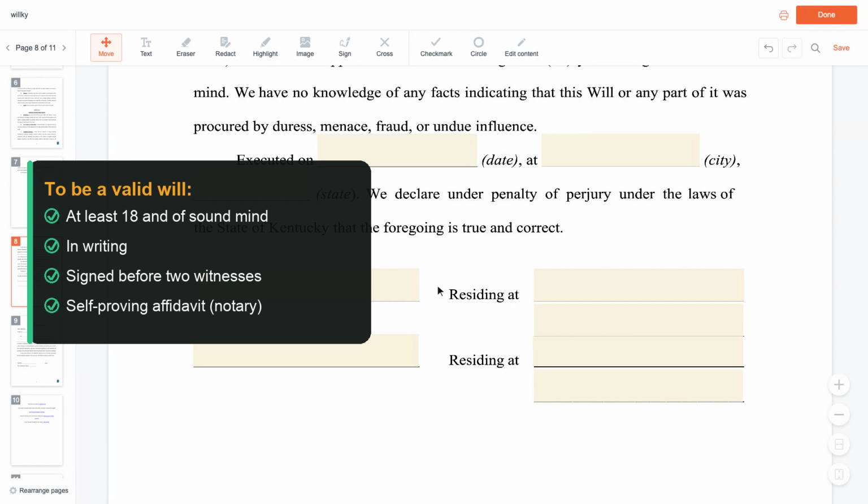First things first, the will must be in writing. That's your starting point, and it matters. Next, the testator, that's the person making the will, needs to have their name subscribed to it by themselves. Now, if the testator can't do that personally,